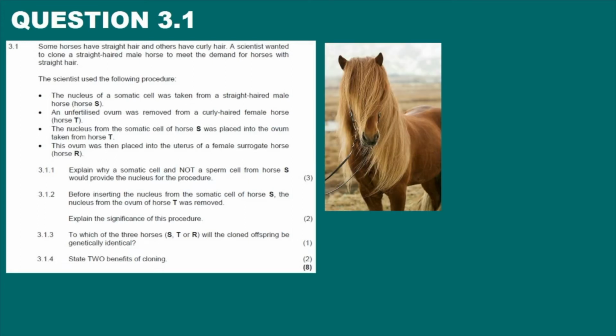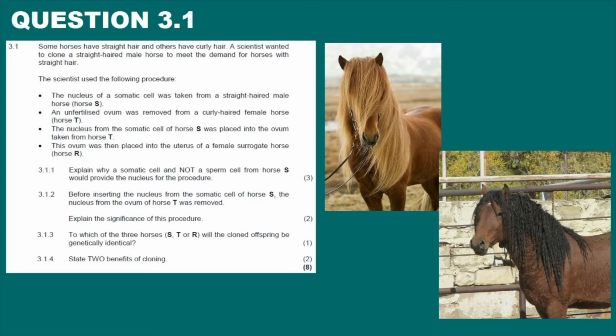Let's read and see what is expected from us in this question. The first sentence we have read before, so let's quickly go through it again. Some horses have straight hair and others have curly hair. A scientist wanted to clone a straight-haired male horse to meet the demands for horses with straight hair. The scientist used the following procedure: exactly the same procedure which I explained now with Dolly the sheep, they did with this male